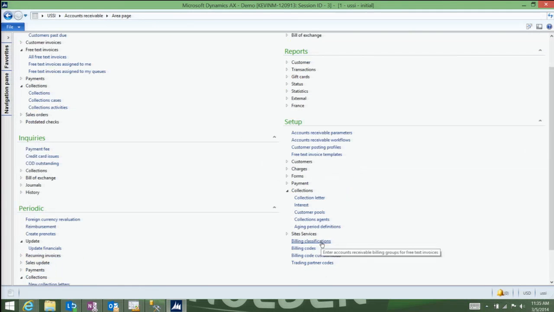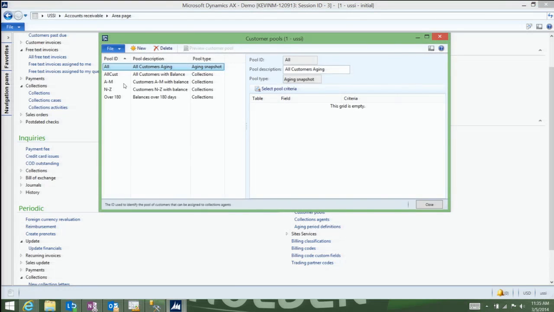So we will go back and take a look at the customer pools. Inside of here, you can see, just for time's sake, I've created a couple of them in advance. So I've got one here that's A through M, and you can see that I'm filtering on customers where the name begins with A and goes through M, and then also where the amount due balance is greater than 0. Because as a collector, it probably doesn't make a whole lot of sense for me to be looking at those clients that don't have a balance.